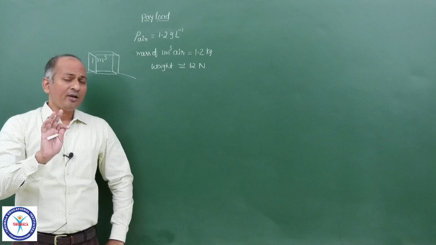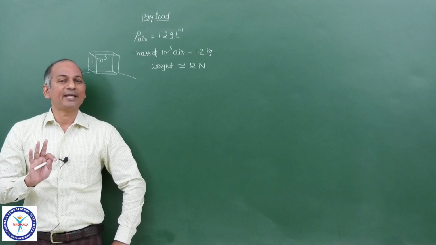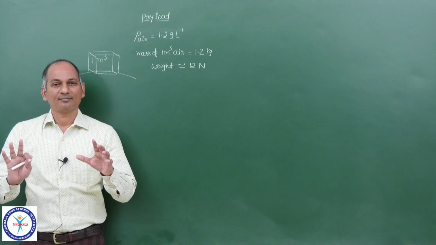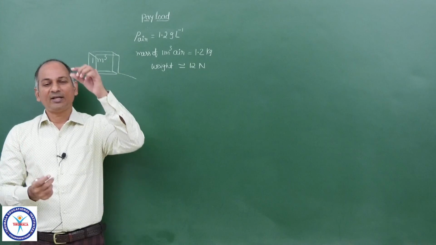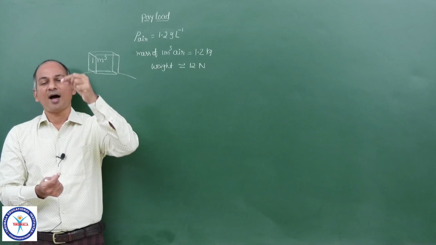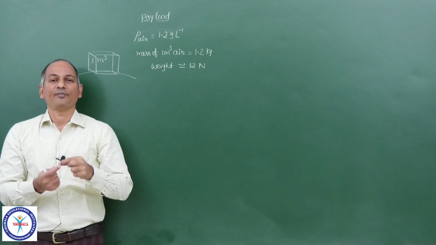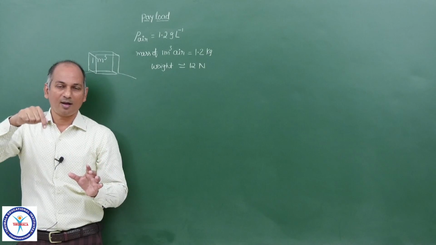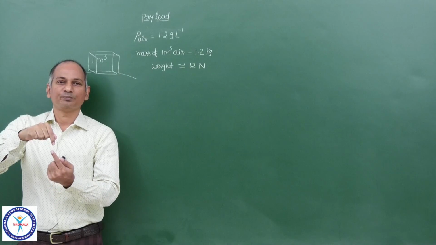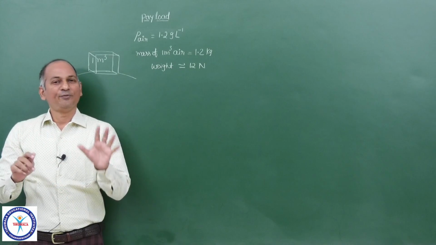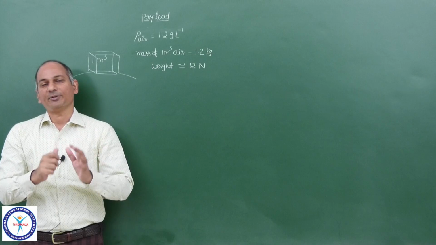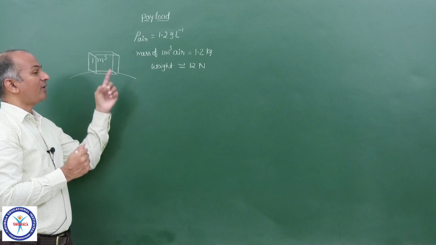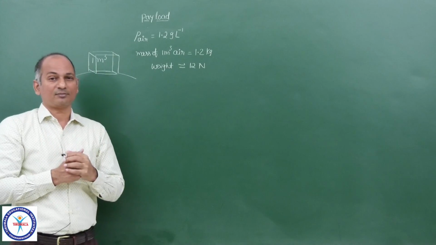Okay. Now that particular 1 meter cube air sample is in equilibrium. It is at rest, because the net force of the vertical components of the forces on that particular sample is 0. Force from above and force from below match each other, so the net force is 0 and the sample is at equilibrium. But for example, just imagine the same volume of any other object, let us say a balloon,